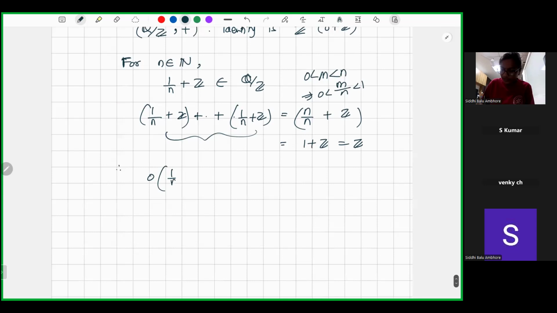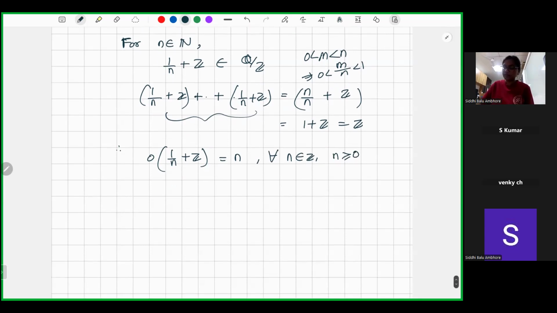Therefore, the order of 1 by n plus Z is n, and this n was any natural number. So for all n in Z, n greater than 0,